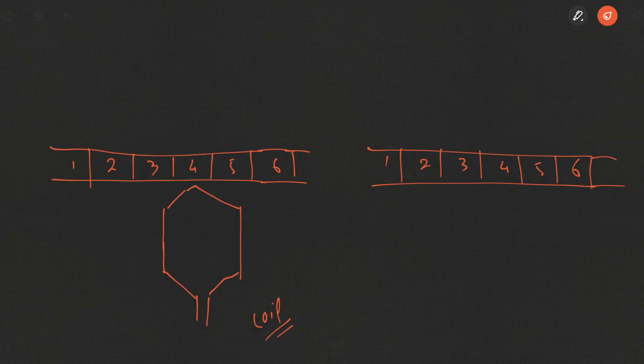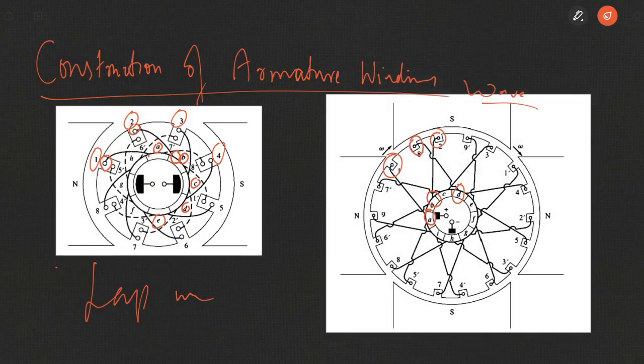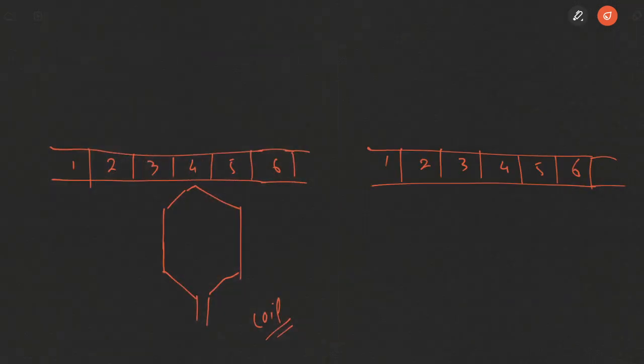So you have a number of slots of the armature. In this particular machine, you have 8 slots of armature. You have a number of conductors, but these conductors are connected in a fashion such that the starting end of one coil and the finishing end of another coil are connected to side-by-side commutator segments, and another coil will actually start from